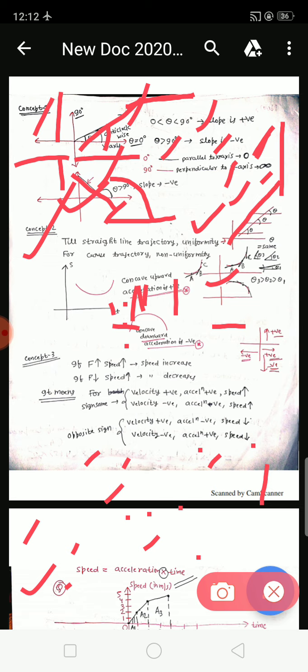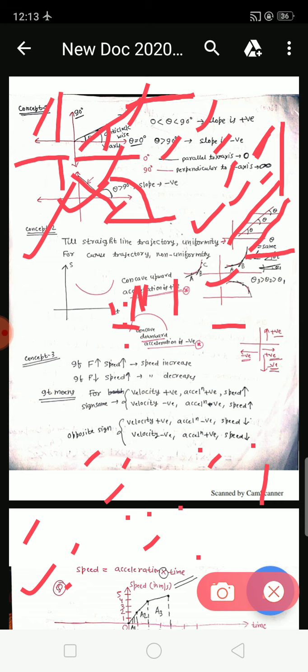in this trajectory what is happening, the value of theta, measured from the positive direction of x-axis in anti-clockwise direction, doesn't change in the entire motion. Time is increasing in positive direction, this is not changing. It means that the value of theta is always constant at any interval of time. Theta is constant means slope value is constant. It means that if it is positive, it will be positive in the entire motion. If it is negative, it is negative in the entire motion.